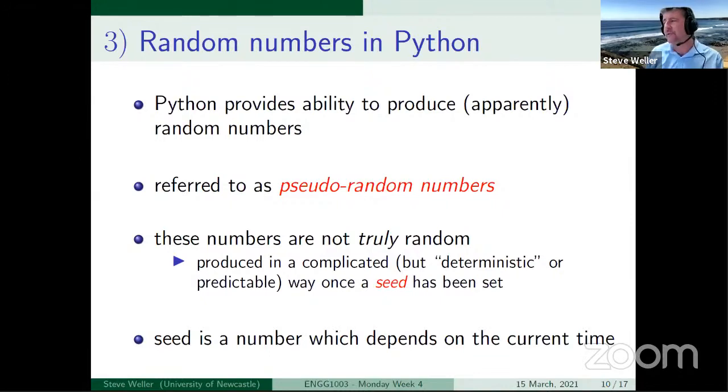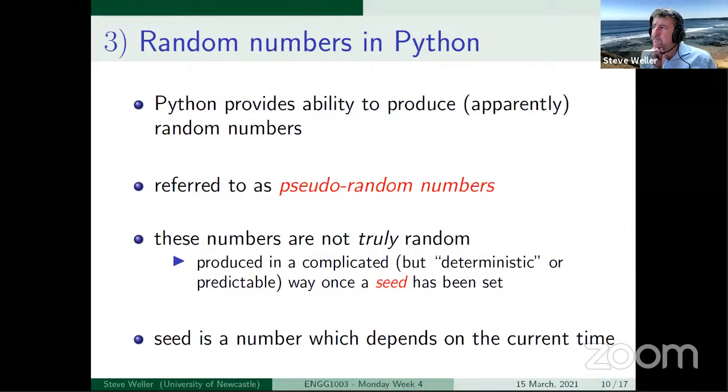I'm going to refer to them as random numbers. Technically, they're not random numbers. Strictly speaking, they're pseudo random numbers, pseudo meaning false. They're not truly random because they're produced in a very complicated and predictable way once you've set a seed. And the seed is a number which depends on the current time.